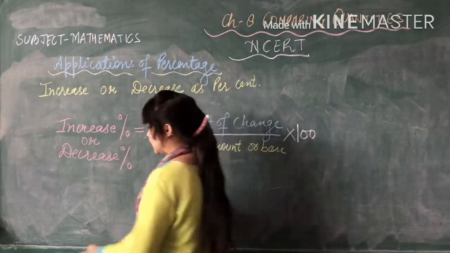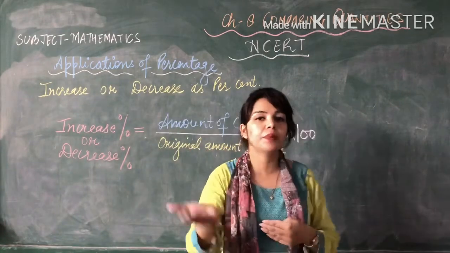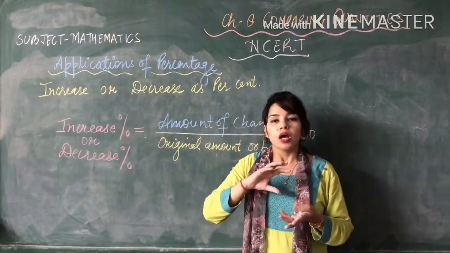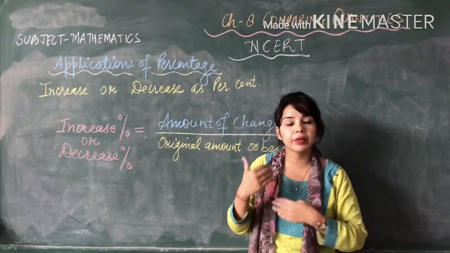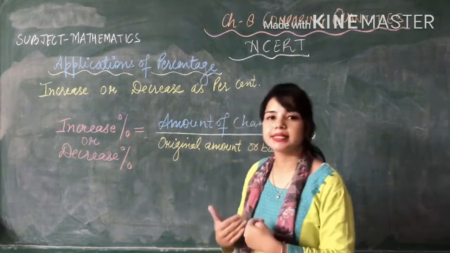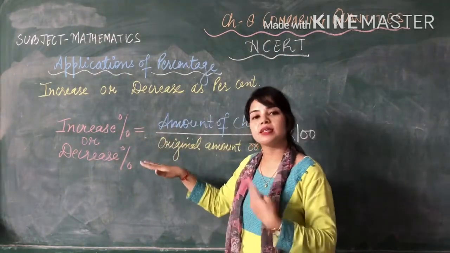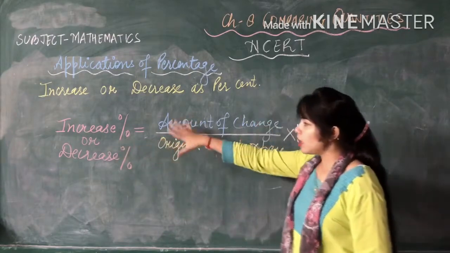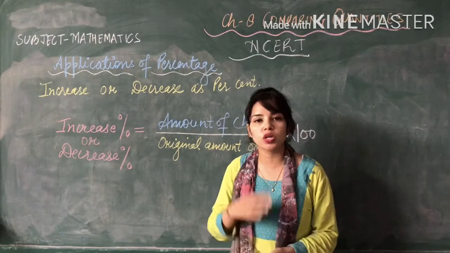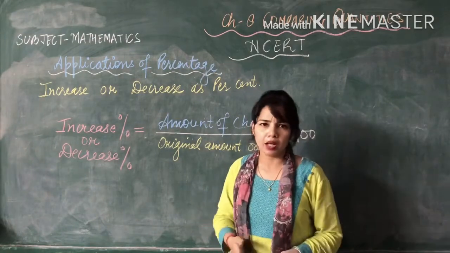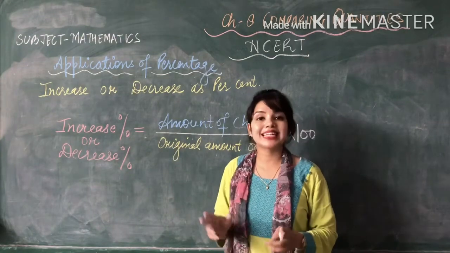Now, what does it mean? It means that the price is changed, either increased or decreased. When you hear that 5% is increased or 10%, it becomes easy for you to understand. So, how can we calculate how much the price is increased or decreased? For this, you will write the amount of change. Suppose the cost of a pen is 50 rupees and now the cost of the pen is 60 rupees.